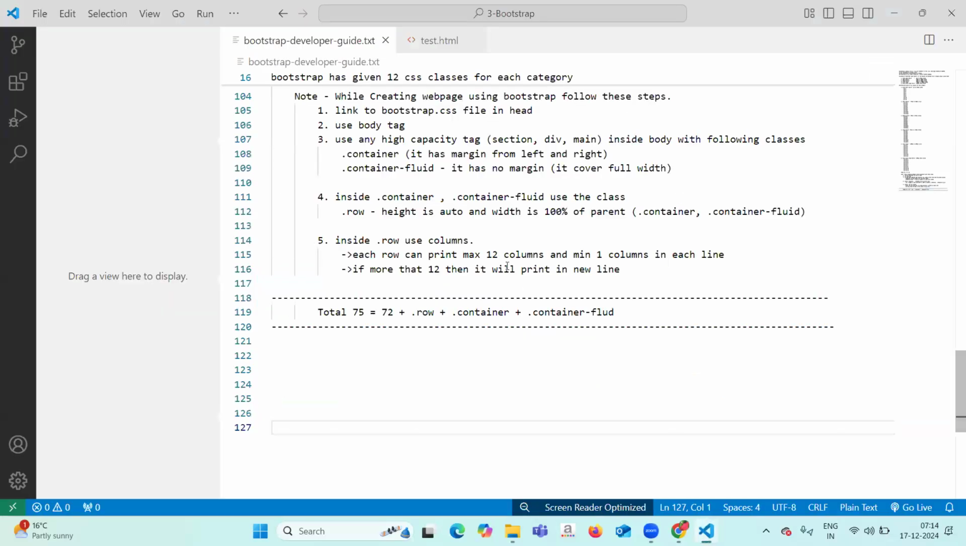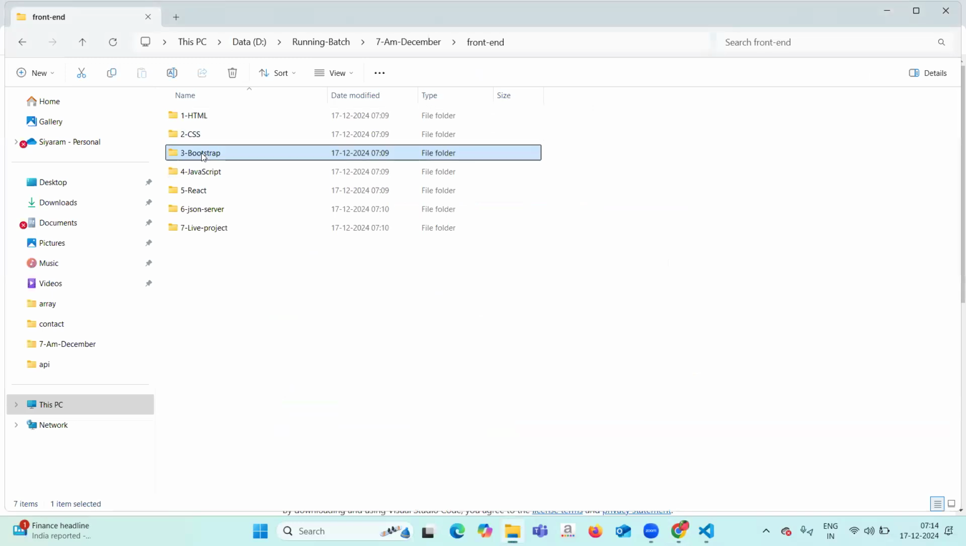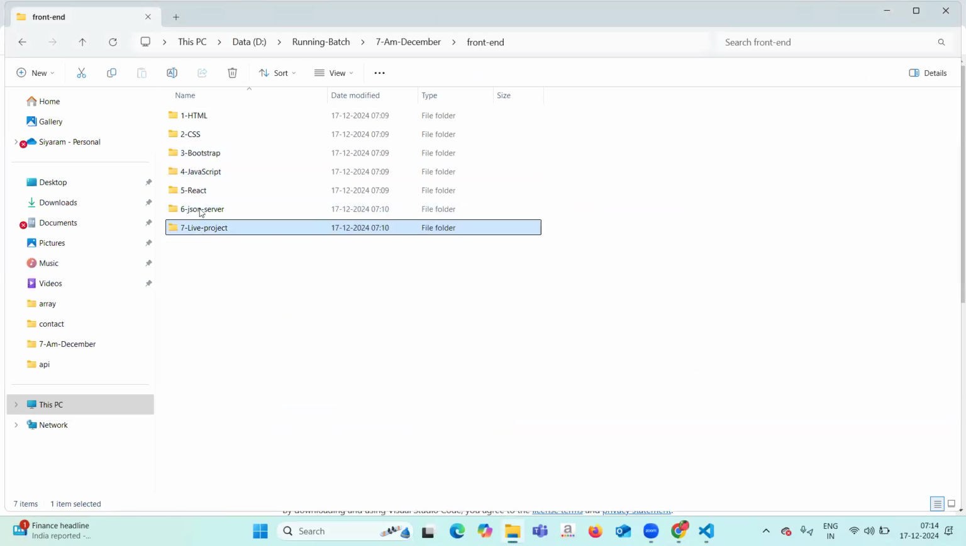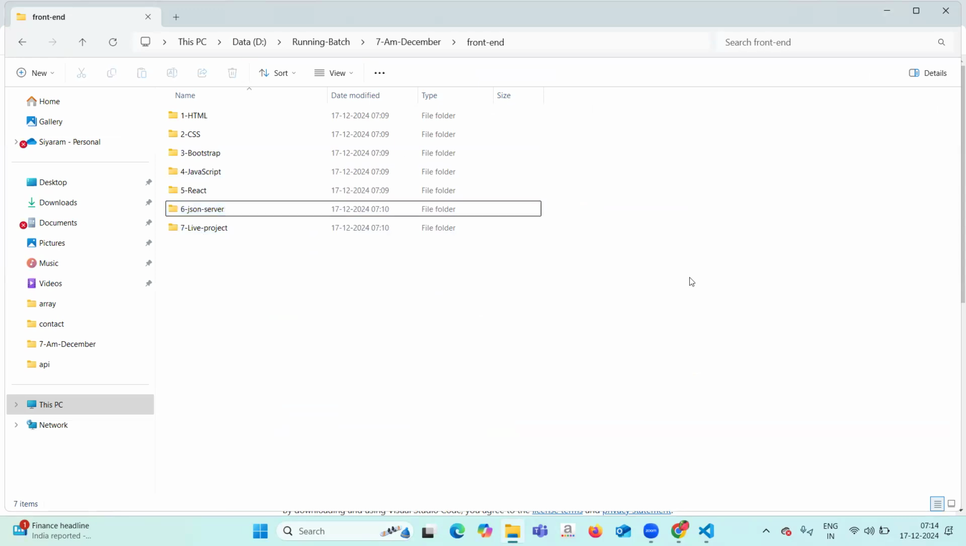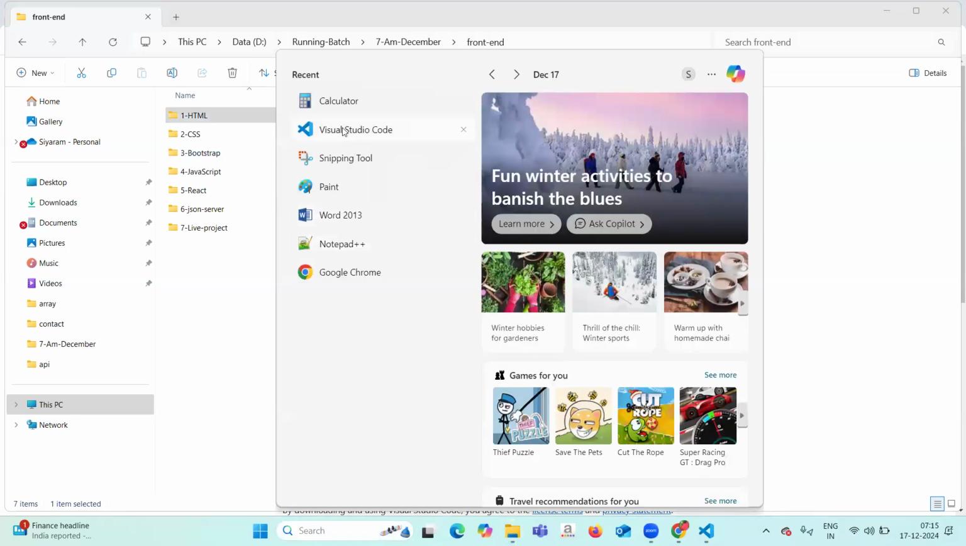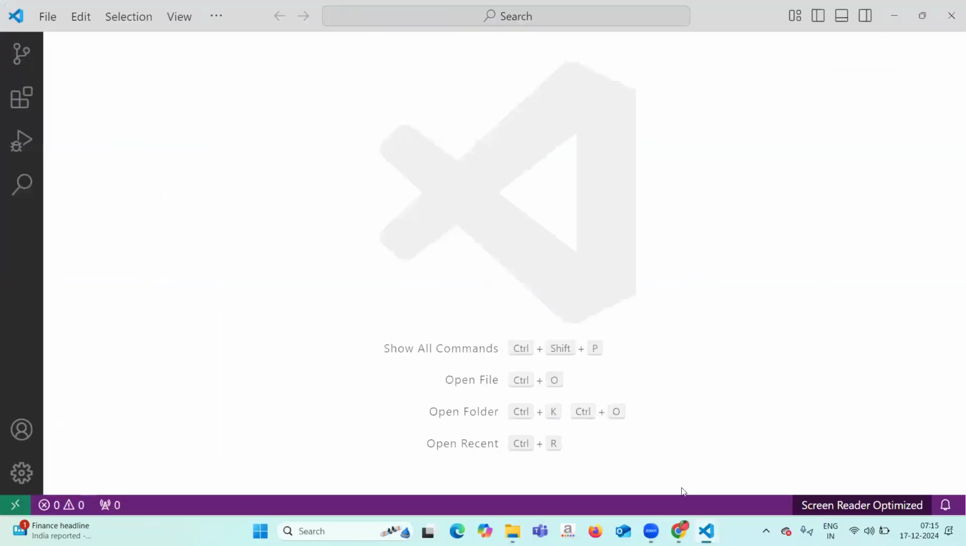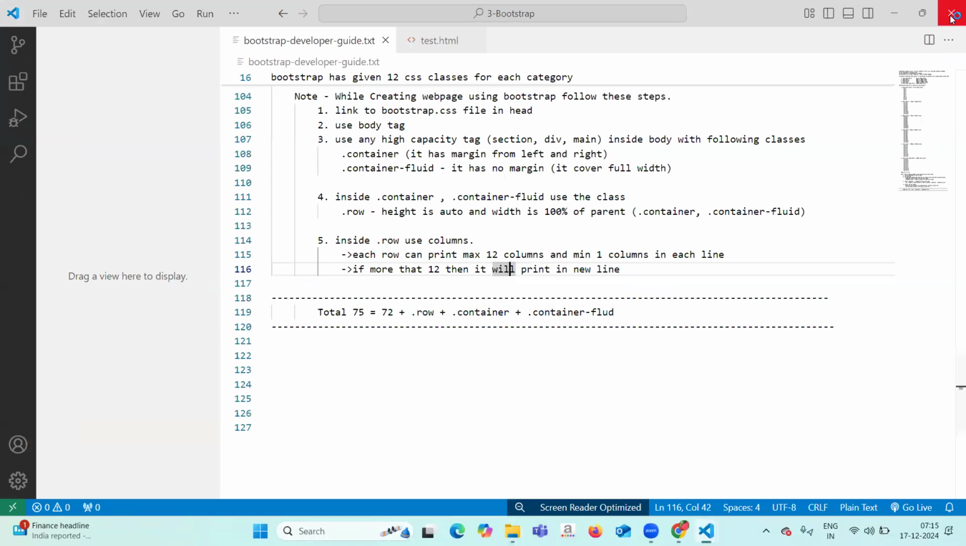Okay, so hopefully you have downloaded, or maybe you have already. Next, open the VS Code. We have made following folders: HTML, CSS, Bootstrap, JavaScript, React, JSON Server, Live project. Now you will open the VS Code, and inside the VS Code, load the first folder that is called HTML. So we'll go here, open the VS Code, and in VS Code, you can load the